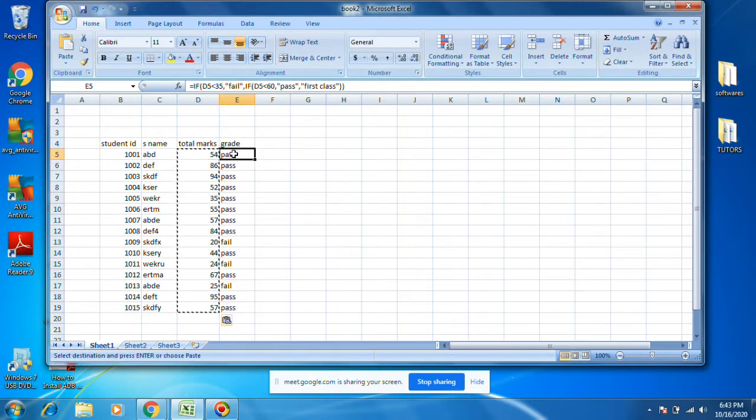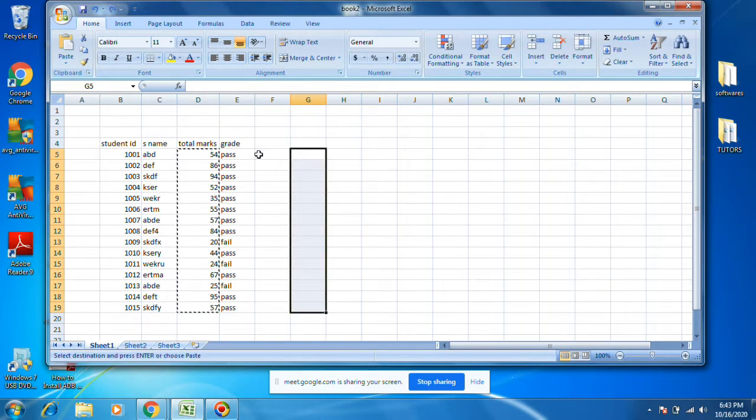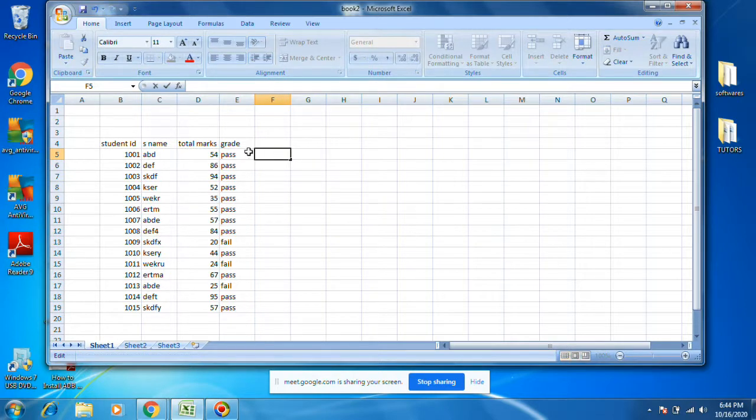Now here I see. Now I see the value, this value less than 60, then it will be pass. Less than 35, it is fail. Is it less than 35? No. Again, it is going to the second IF, this else section. Entire thing is the else section for this IF. Now it is going here.